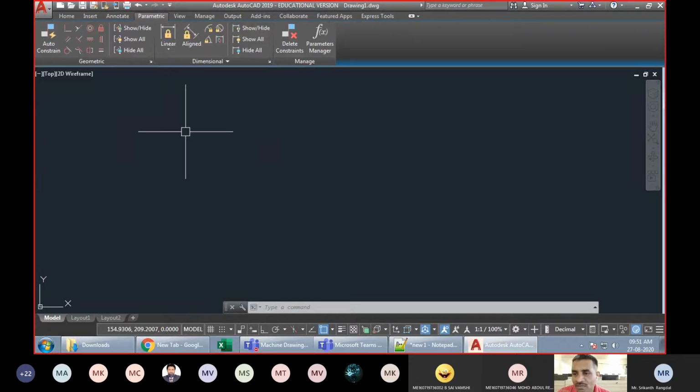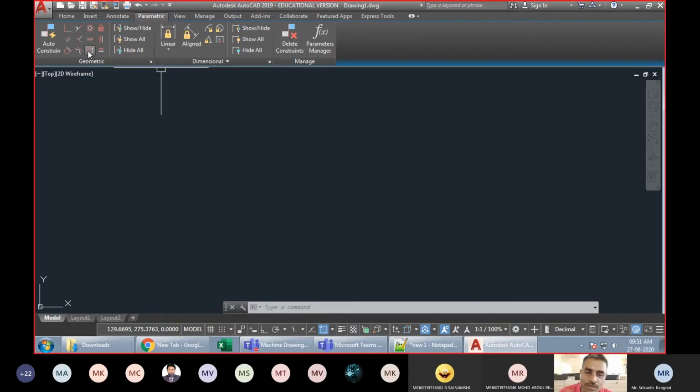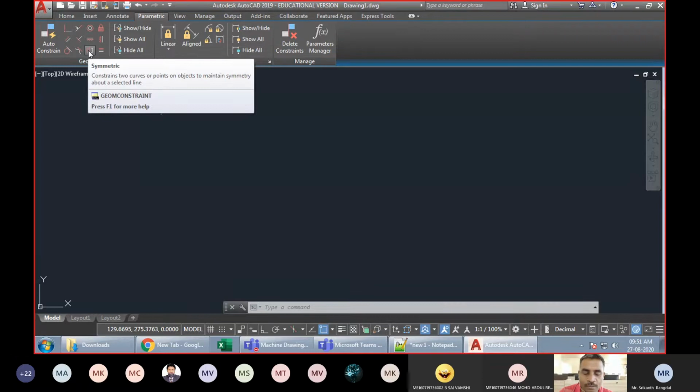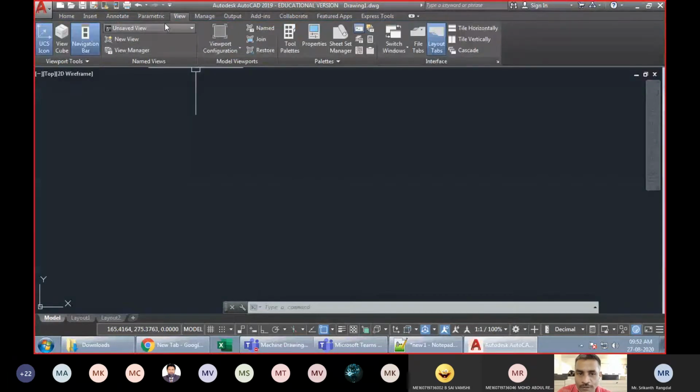Parametric is where we can constrain our geometry. Fine. So these parametric options were not present in the AutoCAD traditionally. They just started adding these options around 2012 or 14. I'm not sure exactly when they started, but these parametric options are very recent of origin. In the older versions of AutoCAD, we cannot find these options. But again, even in the latest version, these options are not perfect. Fine. So still many of the engineers, they don't rely on parametric options of AutoCAD. They just go with the traditional method of drawing.